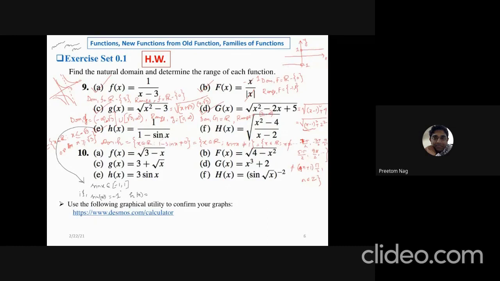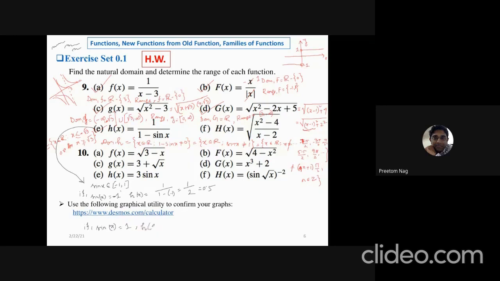Yes, so if I consider sin x is -1, then hx will be what? 1 by 1 minus -1, which will be 1 over 2, right? 1 over 2, which is 0.5. So in that case, if sin x equals to -1 হয়, যদি minimum value হয়, then hx will be 0.5. আচ্ছা, how about if sin x is equals to +1, মানে maximum value of sin x +1, then